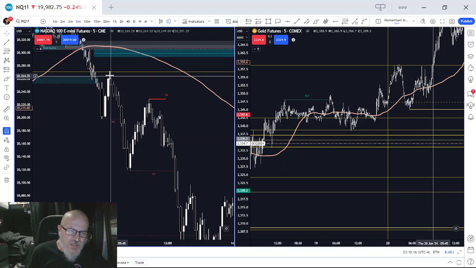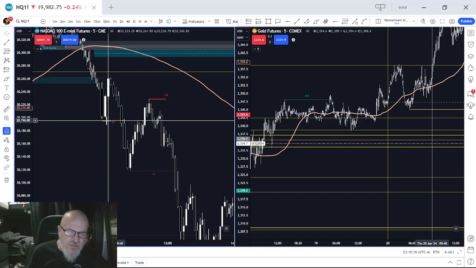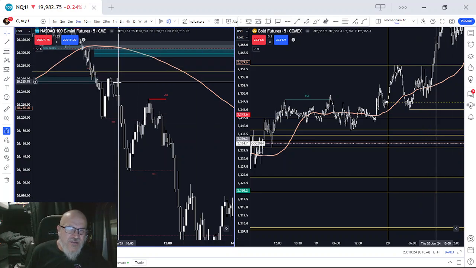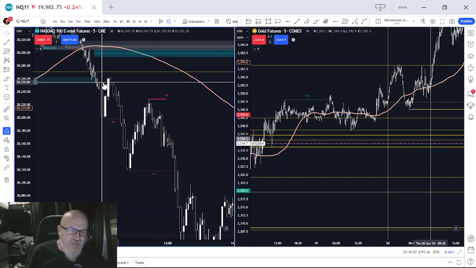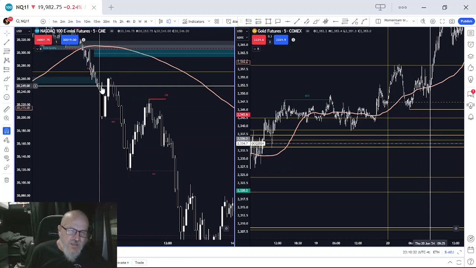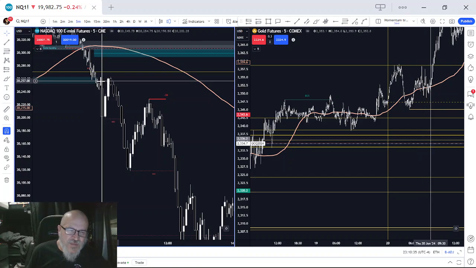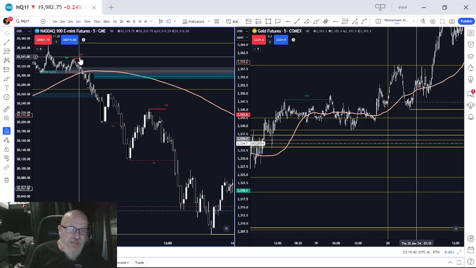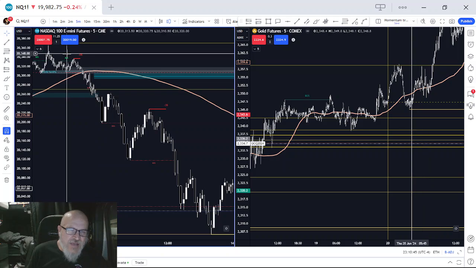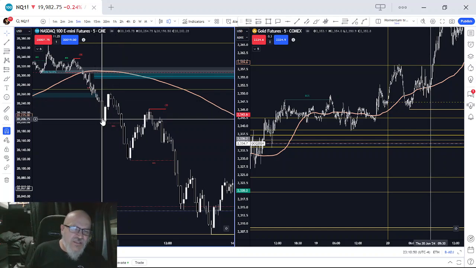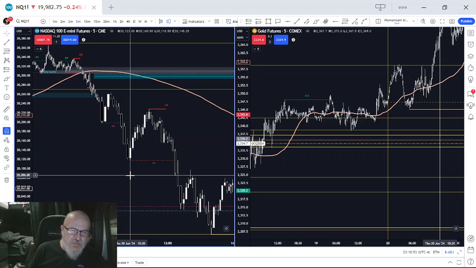It pushed down, pushed up, and then we had this big displacement move that broke structure. Now it didn't take out a high unless you're counting the very first candle of New York. It took out that high and then fell over. But that's not real recognizable. That's not a high you would recognize. Some people would think it needs to come out and take out this high. Well, it doesn't have to take out a big high or a big low. All you need to see is a big displacement move.